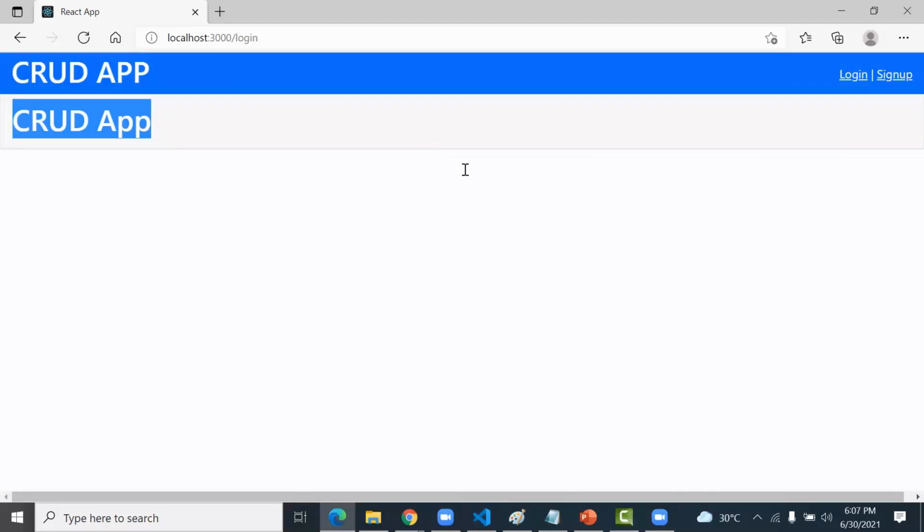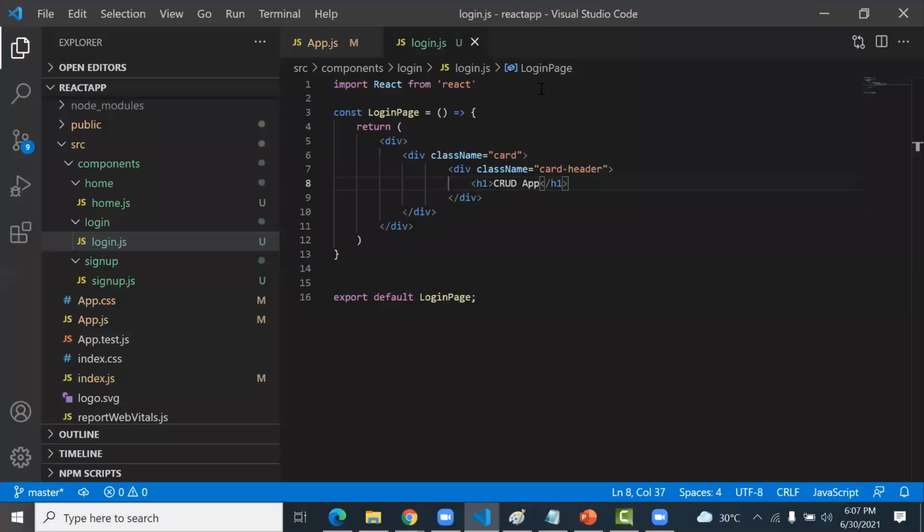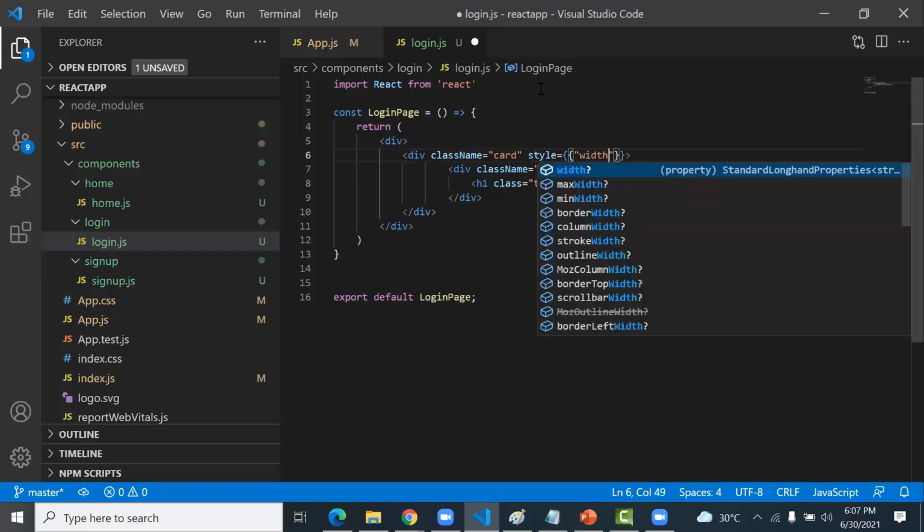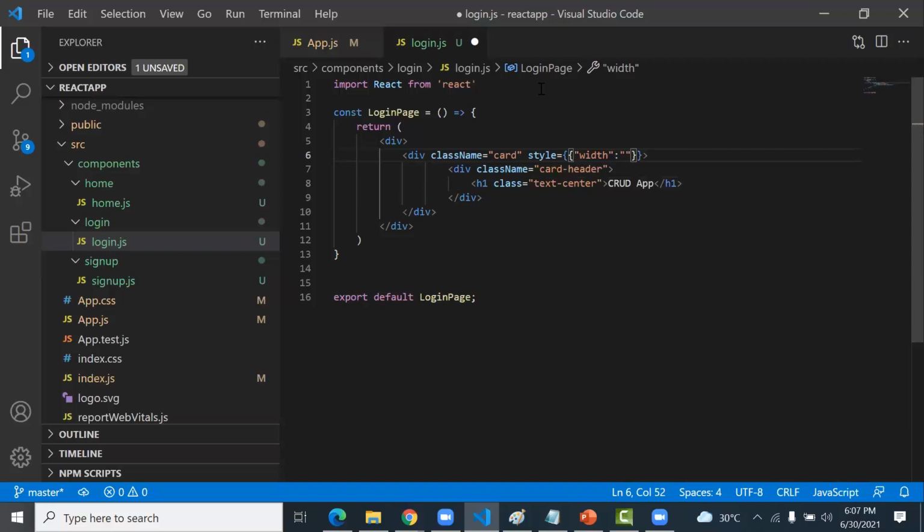I want it in the center. So I can type some classes like class equal to text-center. As well, you can add one more part: style equal to width, and I keep it at 500 pixels. Okay, and the card I want in the middle of the page. So to do this I type the row class.